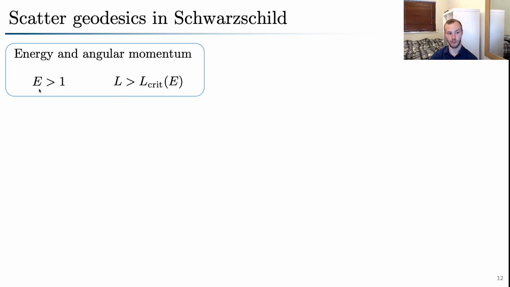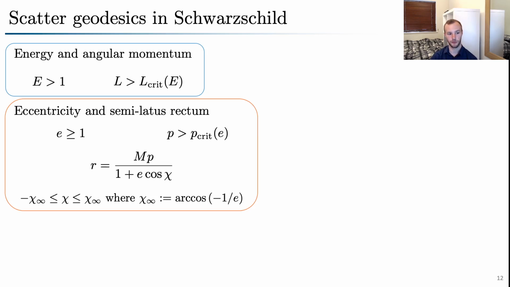So the constraints on this are that the energy must be greater than 1, and that for a given energy there is a critical value of the angular momentum, and the angular momentum must be greater than this, otherwise the particle will plunge into the central black hole. We also have another